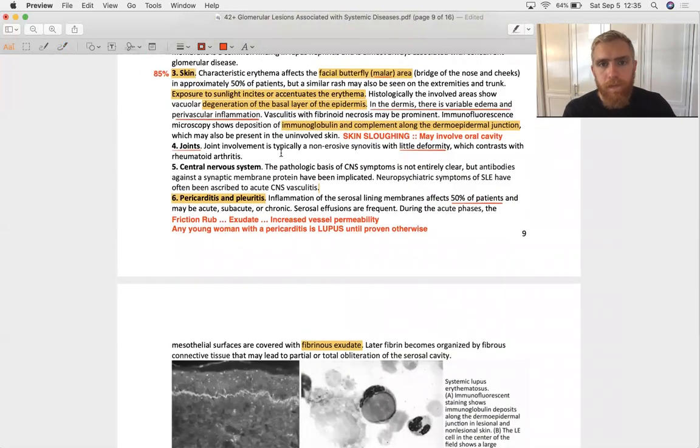Skin findings. You get a malar rash. You know that. Sunlight incites or accentuates the erythema, the redness of the rash. Photosensitivity, you know that too. You also know that 85% of SLE patients total are going to have some sort of skin manifestation. And you're also going to understand that they might not walk into your office with the skin manifestation, but they might tell you that it's been occurring, and so you ought to take their word for it, even though they haven't been. That's a little bit of a tricky situation, but